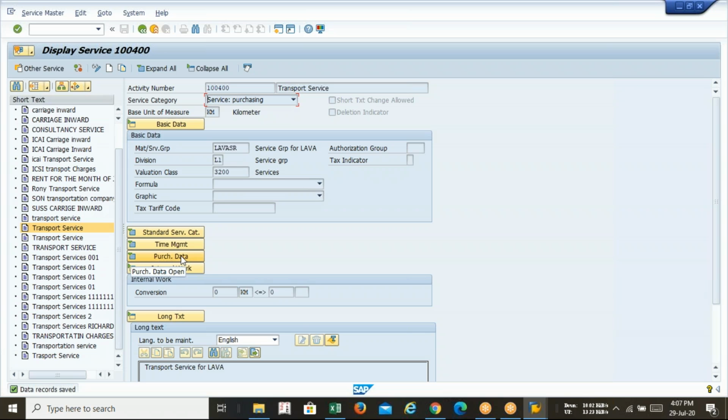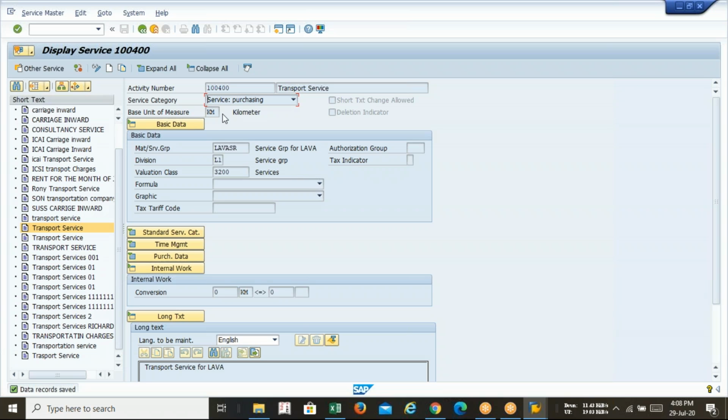So you have to know only one thing, okay, at the time of creation of a valid service number, what are the groups we have to select. You can see we have to select material group, division, valuation class, and unit of measurement. If you have all this information, you can get it from somewhere else also. If you have all such information, you are allowed to create a new service for your client like this.